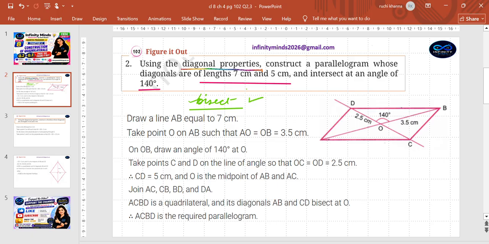In the previous one, it was told. But here you are expected to apply your properties. So there are two lengths of the diagonals given. They bisect, and the angle at which they are inclined, that is also mentioned. In a way, it is very much the same construction what you learned in the previous video, children. Just the name is given, and another fact that you are required to know this by yourself. You should be knowing the fact you are going to apply bisection. So only in the beginning you would find the difference. Rest, solving wise, constructing wise, it's going to be absolutely the same. Okay, so beginning with this, with any one of the lengths of the diagonal, we can start with our construction. So let us go ahead.